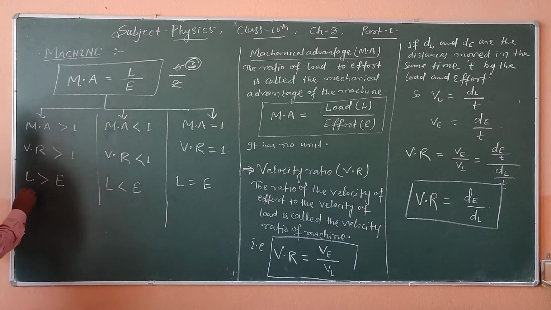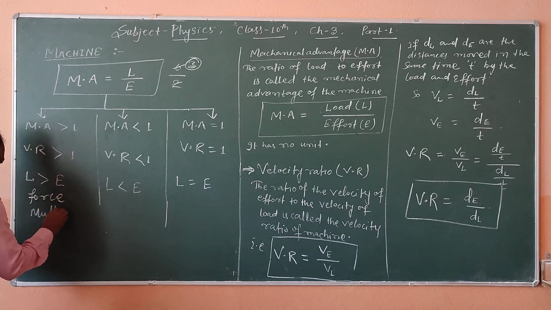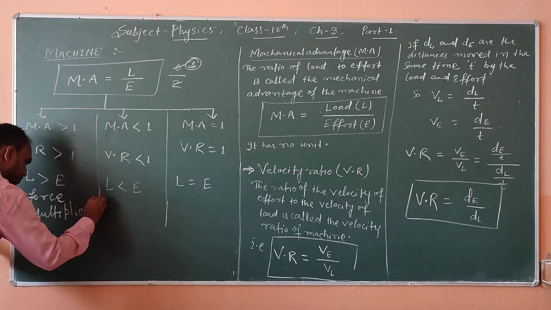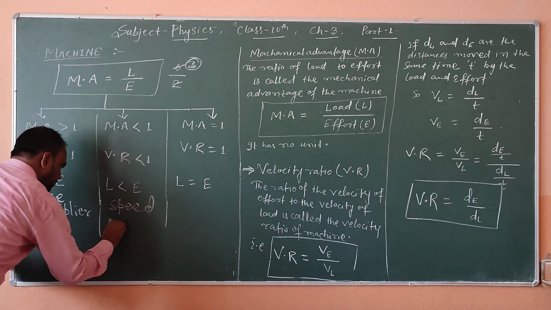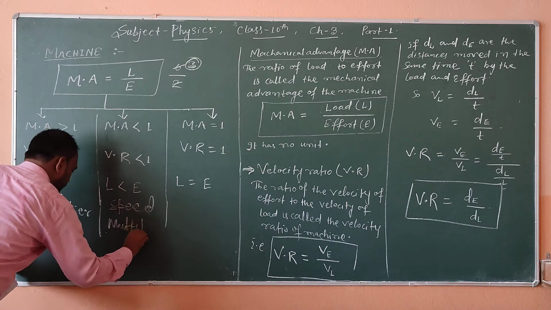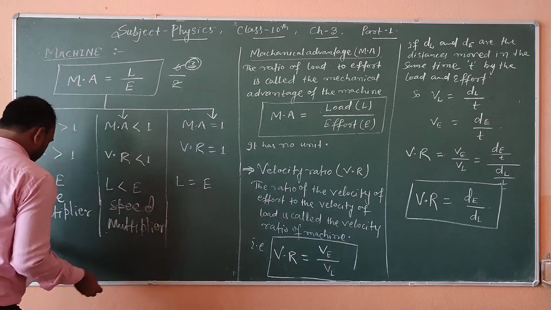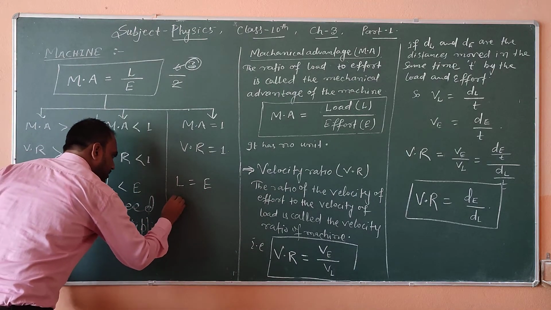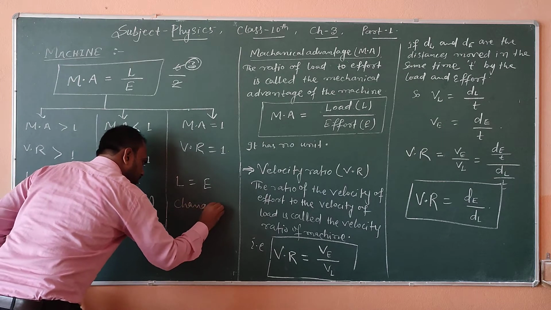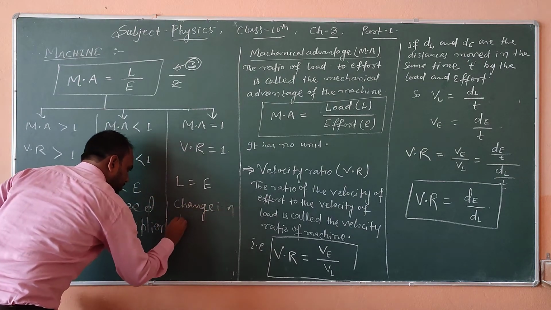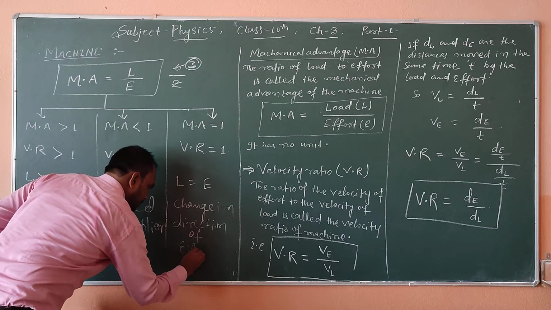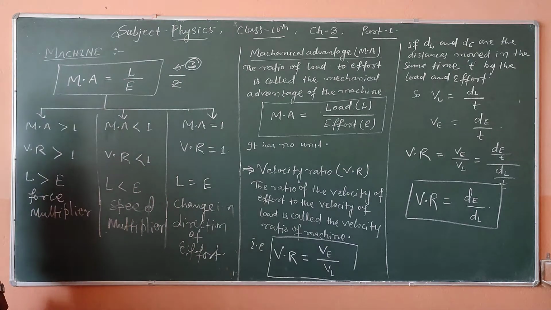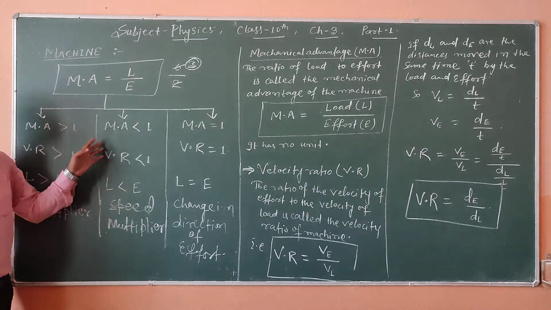Here it is a force multiplier. Here it is a speed multiplier. This is a change in direction of effort. In the next class, I will move on to the relation between mechanical advantage